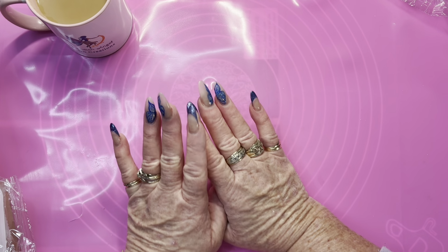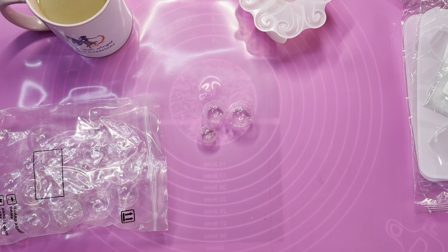So I have got small, medium and large. There we go. Hopefully you can see it on the pink. I'm actually going to tape that up before I break something. Okie dokie, I have taped up my bag, and I realised I could have just put it in a snap lock, ziplock bag. So we have our small, and I think it's 10, 20 and 30 mils. So little weeny ones. Then we have our medium one, and then we have our bigger one. So in our bigger one, I want to try and do